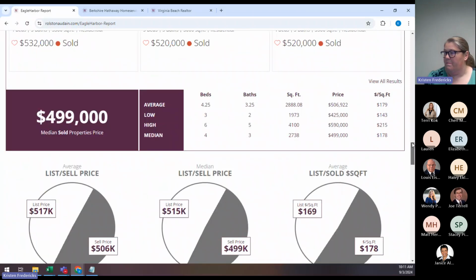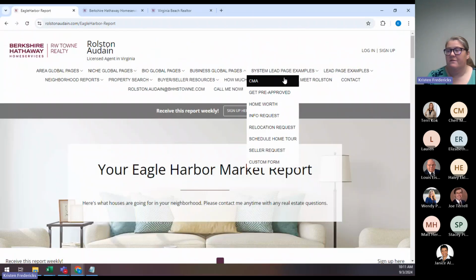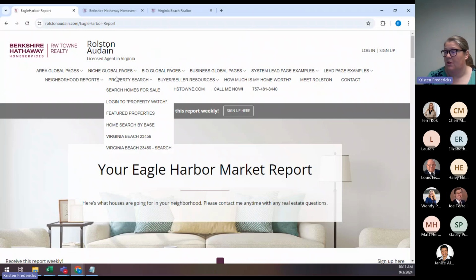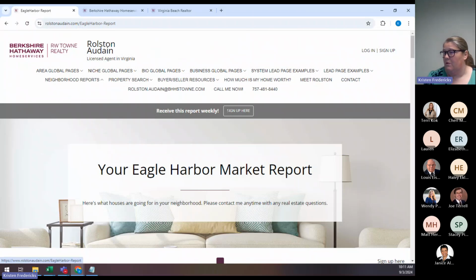So that's available. But you also have different types of pages as well that are really SEO pages that don't have all of the market insight reports on them. They might just be for active listings, or you might be using it to try to gather more information or kind of provide a landing page with a lot of different information on it. Let me give you a quick